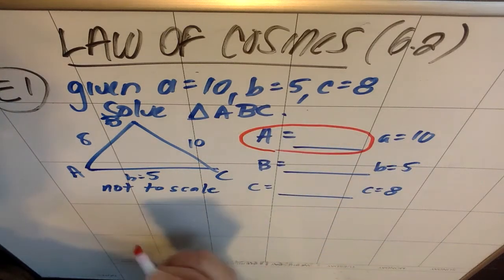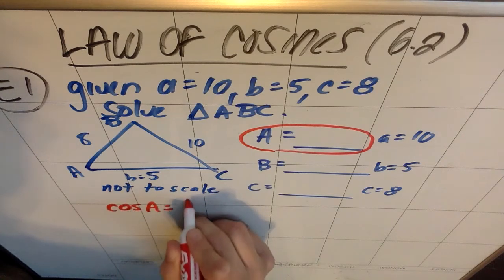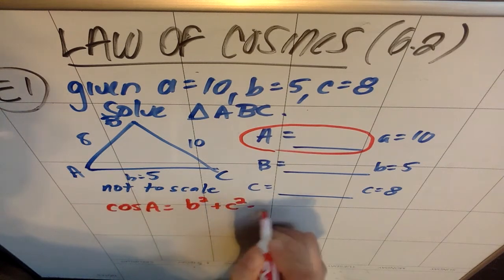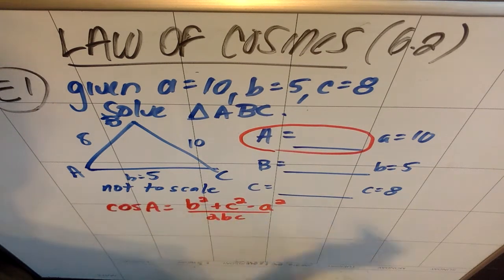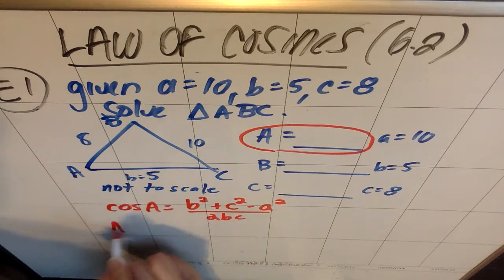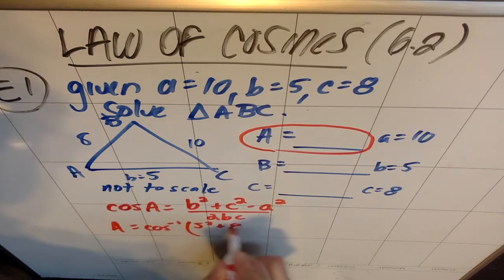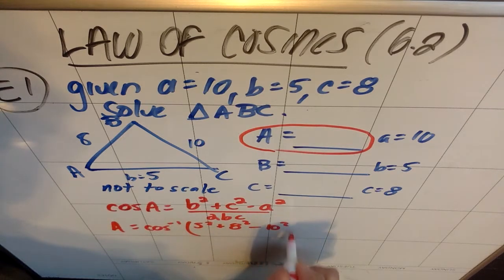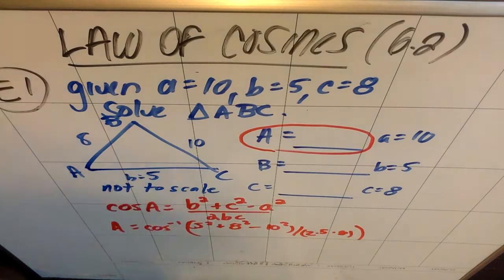so I'm going to try and find angle A. The law of cosines says that the cosine of A equals b squared plus c squared minus a squared over 2bc, where b and c are the not-a stuff. So I could type in that A is the inverse cosine of 5 squared plus 8 squared minus 10 squared, whole thing in parentheses, all over 2 times 5 times 8. This is worth making a program in your calculator for,